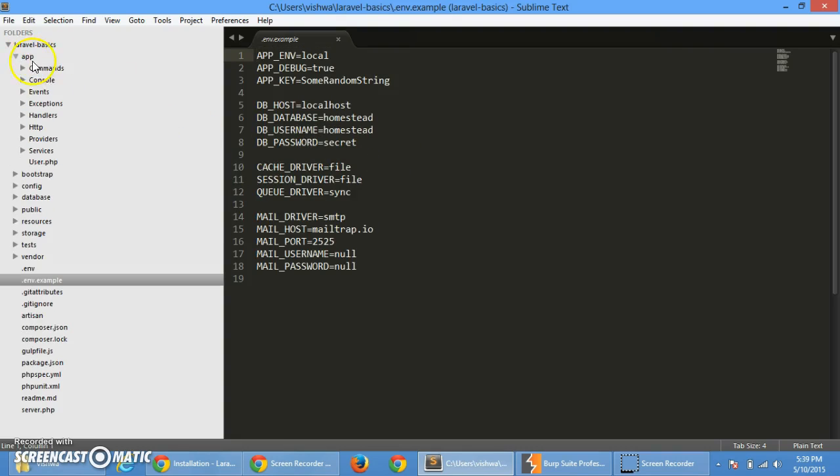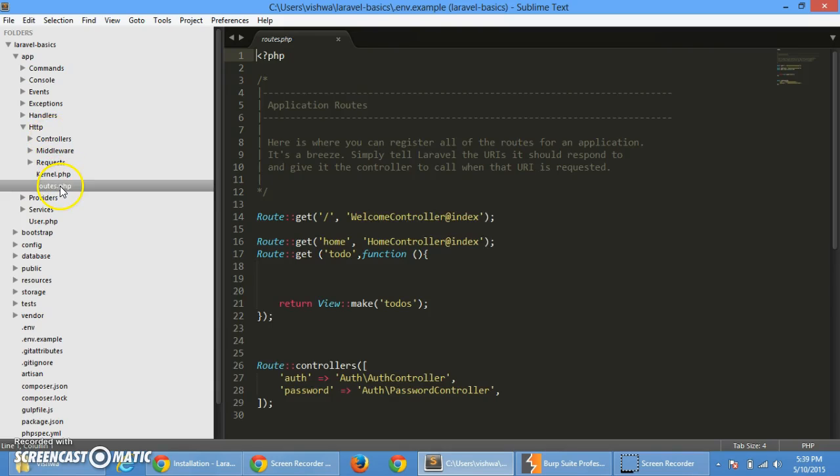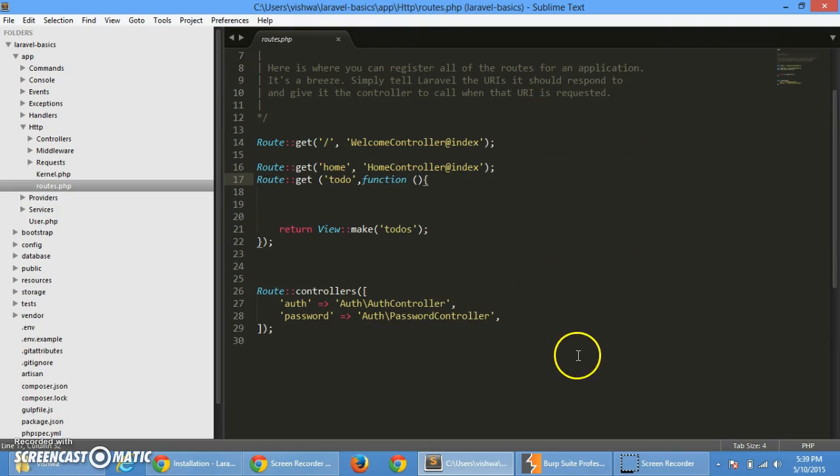So first of all, I will tell you about the app directory. The app directory contains some useful things like the HTTP folder, and this will contain your controllers, your requests, your routes. So I will first explain to you about routes. What is a route? A route basically handles it when anyone queries something like